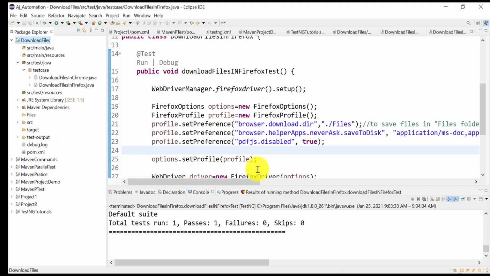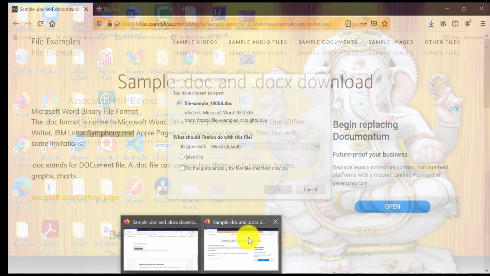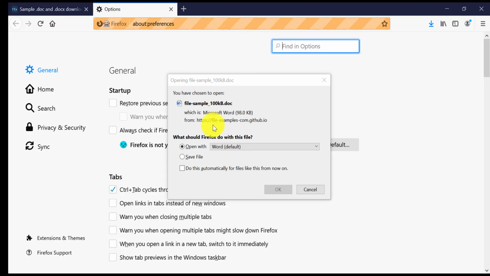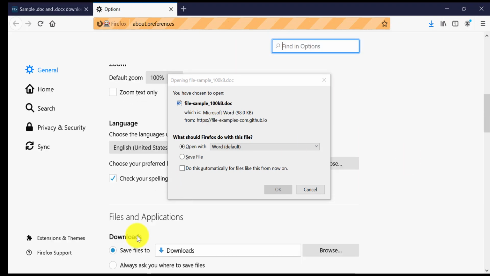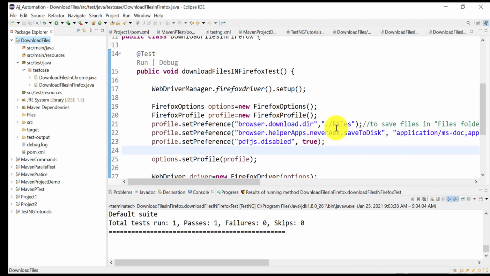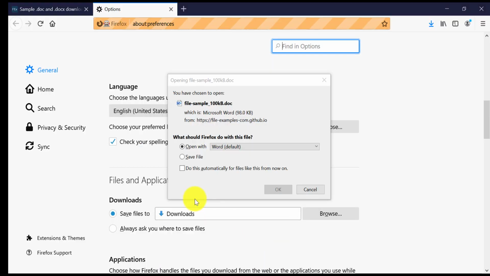No, so that means it could not save this directory value, and you can cross check here also. If you go to the options, it is downloads. Even though I have given to save to this files folder, it is still downloading to the downloads folder, as you can see. So there is some issue.